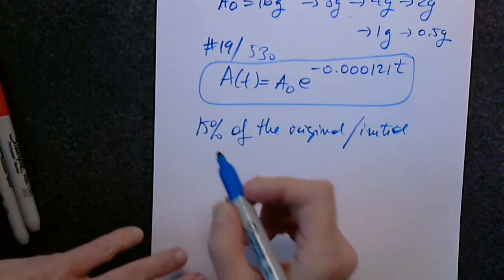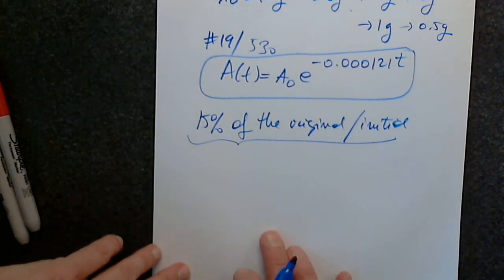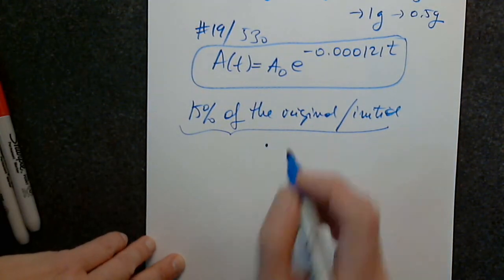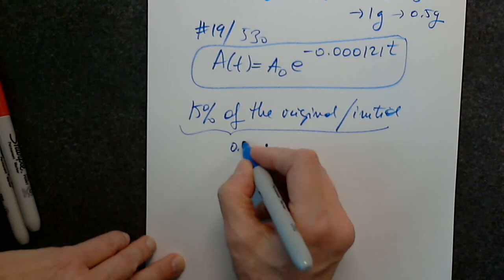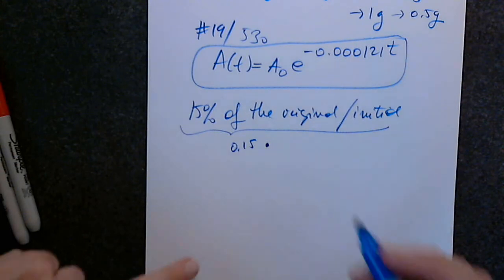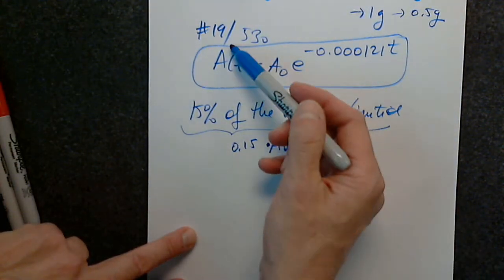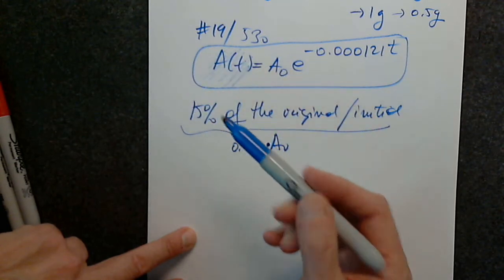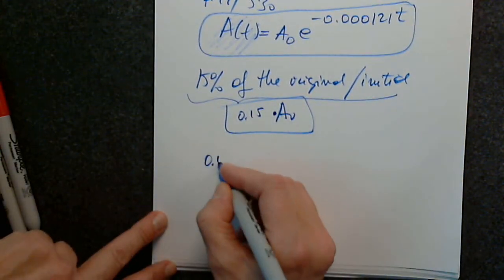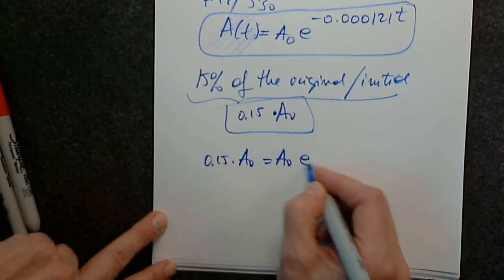Now let's identify what this means, first of all. How do I express 15% of something as a product? Exactly. So it's 0.15 of the original amount. What is the original amount? I don't have it, but I have a notation for it. What is it? Exactly. So then this piece now is this. So 0.15 times A0 equals A0 e to negative